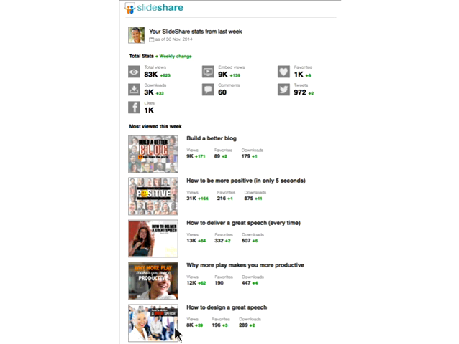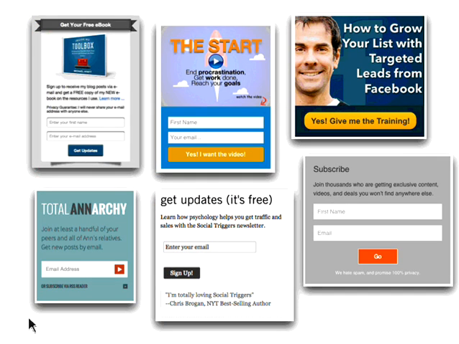And on most of these, actually all of these, I believe, there's an opt-in offer at the end that drives them to a lead page offer. These are various opt-in invitations. I'm not going to go over these in great detail, but the reason I wanted to show these to you is that sometimes they don't necessarily have to have a gift that they're being given. For example, this one here from Social Triggers, which is a hugely popular site,